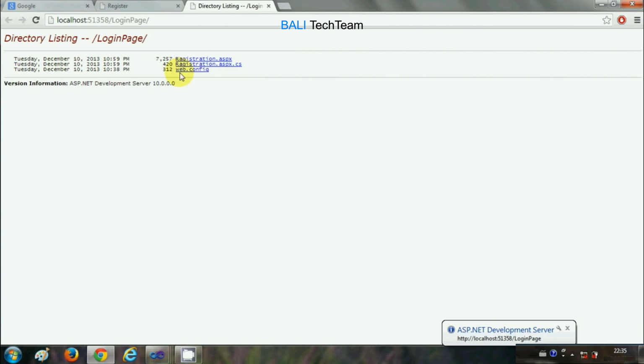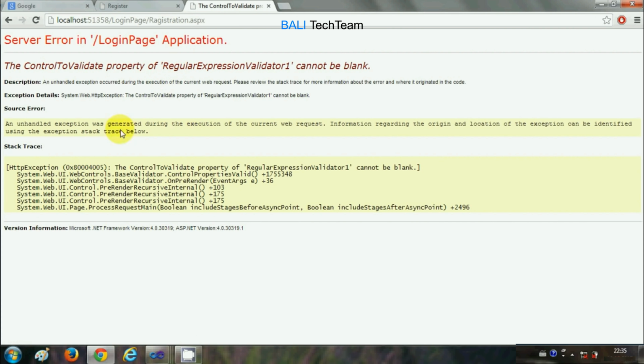You say yes, and you can see whatever forms you have here, registration ASPX, and it will open your registration.aspx,